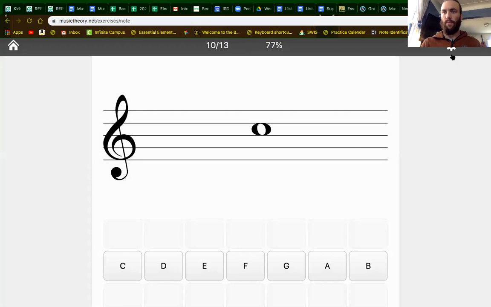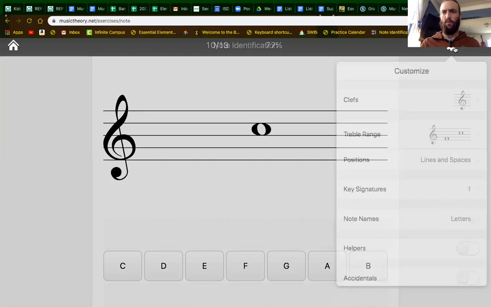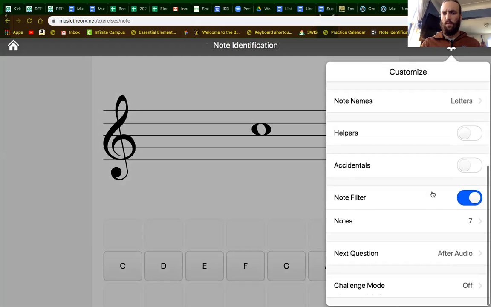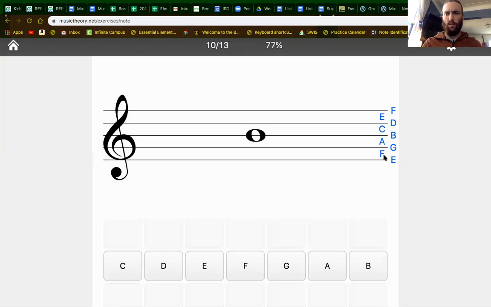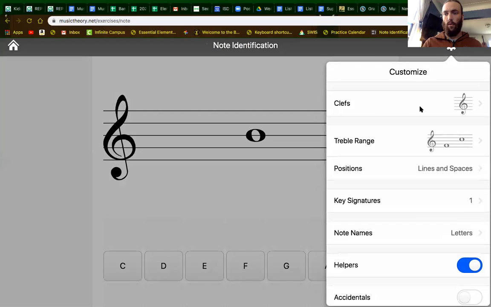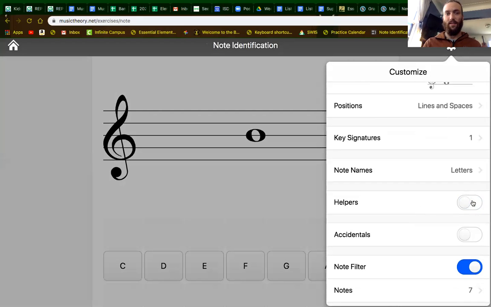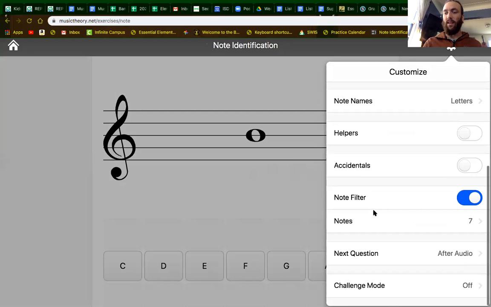It is free. They also, I think they might have an app. I don't know. Make sure that accidentals is not checked. You can give helpers. I think that adds the notes on the side, if you need help, and then you can take that away. Maybe I should have put that in the beginning of the video, but